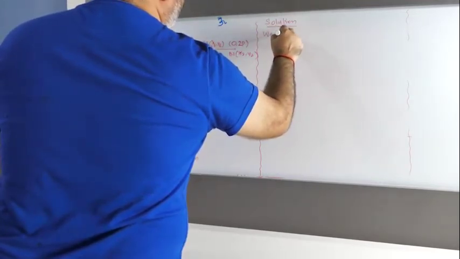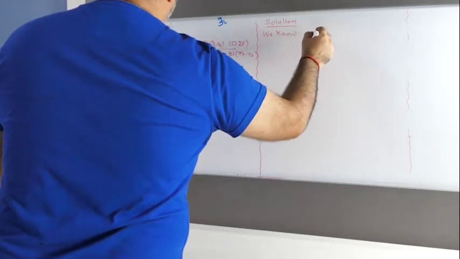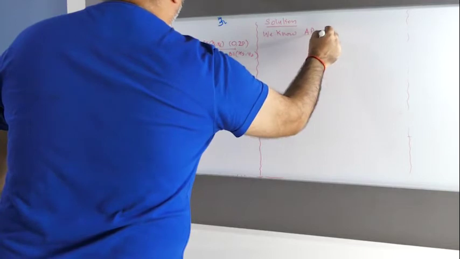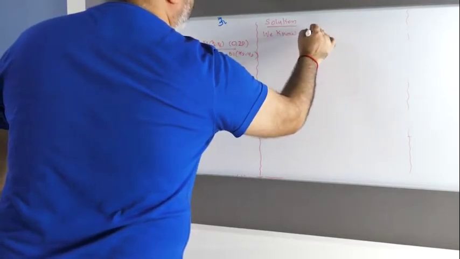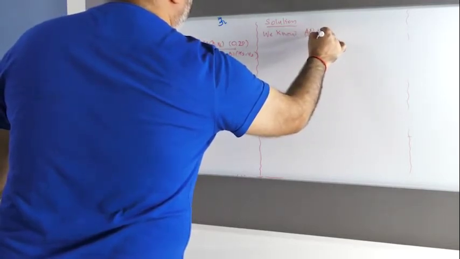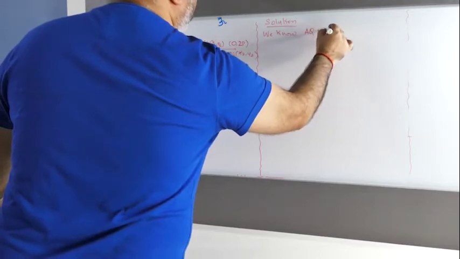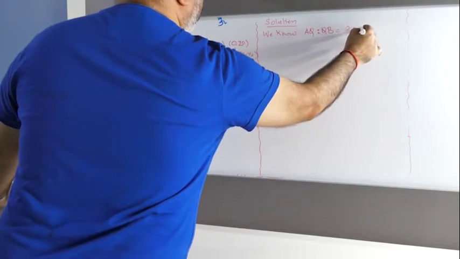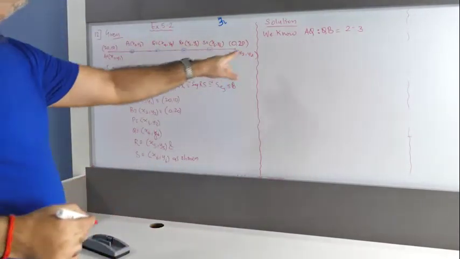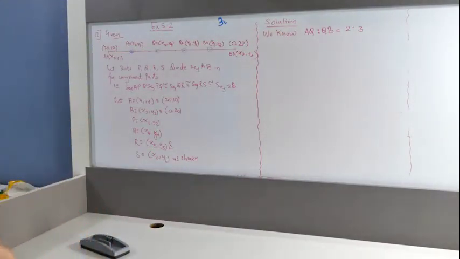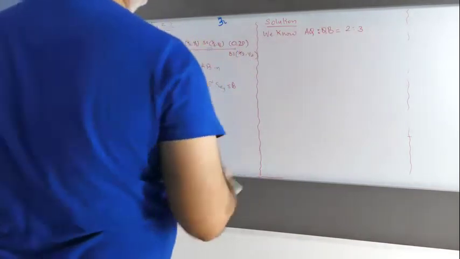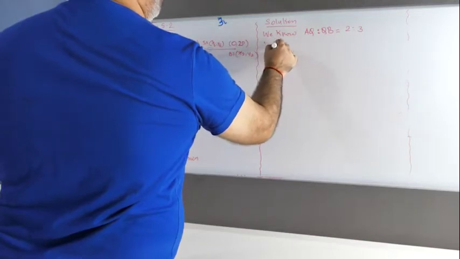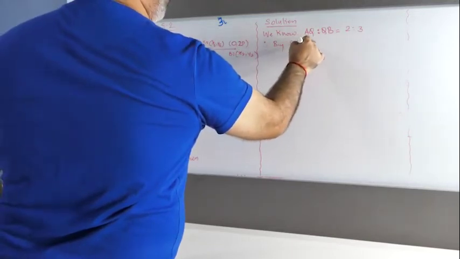So you will say, solution: we know AQ is to QB equals 2 is to 3. 2 parts is to 3 parts. So the ratio is 2 is to 3. Now, with this you can use the section formula, right? So therefore, by section formula,